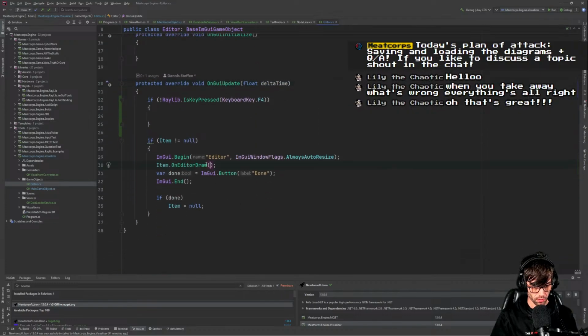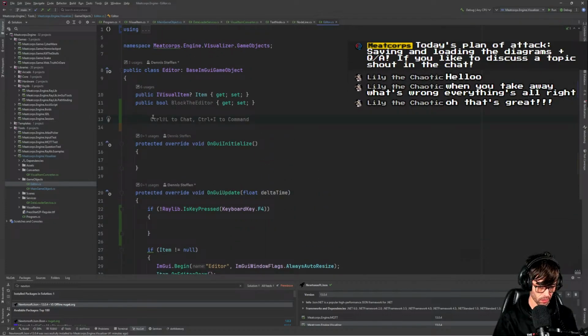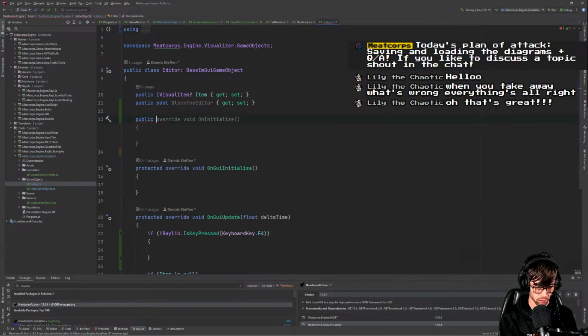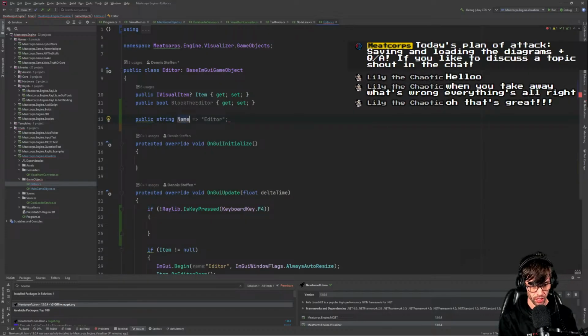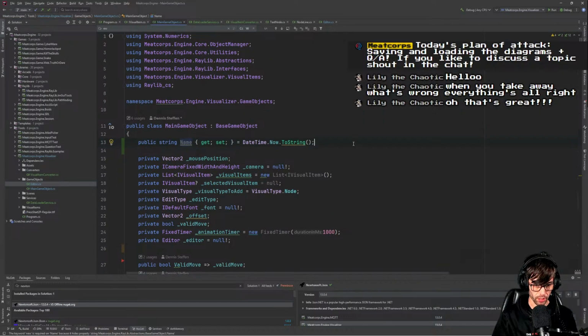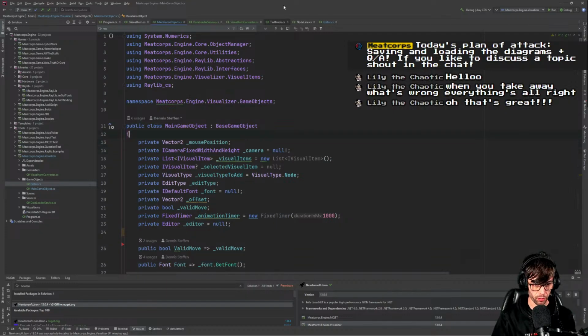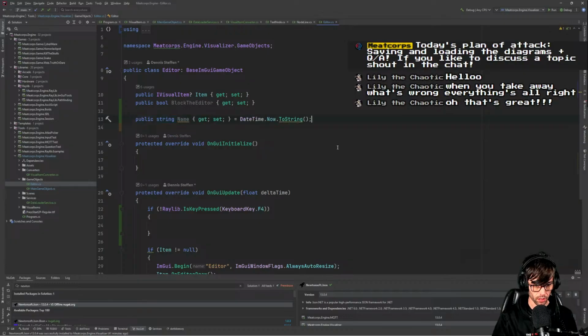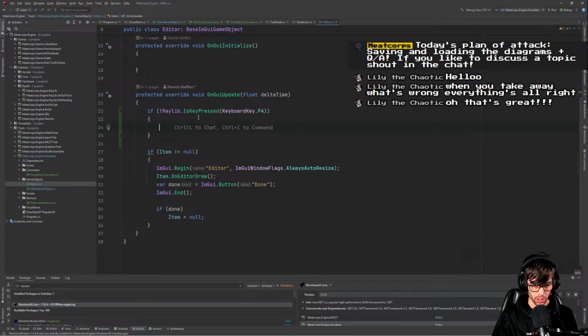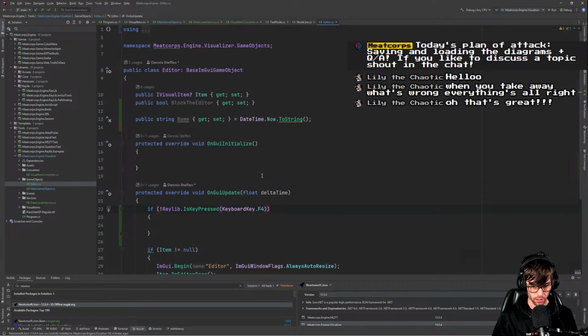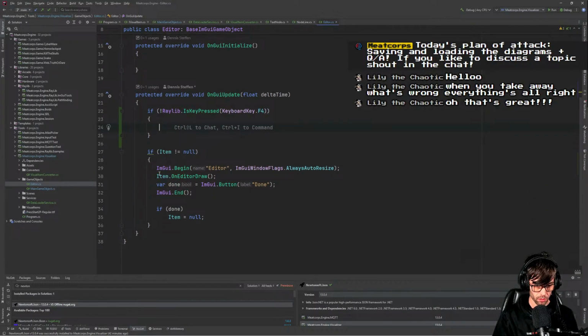What we can do is just, I think it's easier to place the name in here. The dialog name is get set, and then in the main game object we have this one. So we basically just going to move this one in here. Then we don't have to fight that specific part. All right. Is key pressed F4, then it's going to say name no. Is key press F4. Then we want to show the